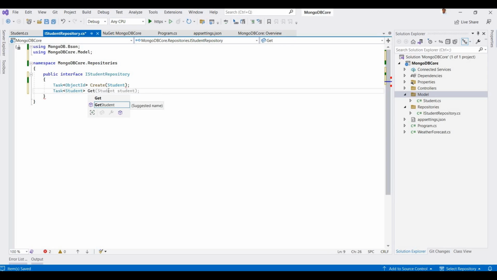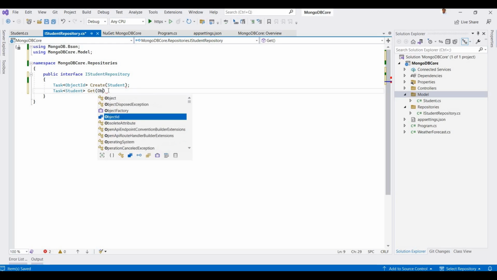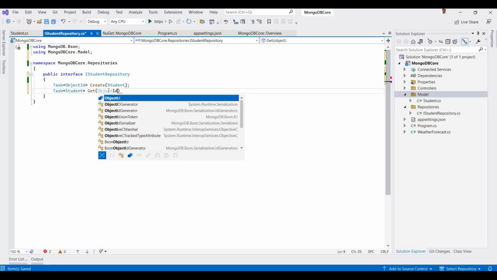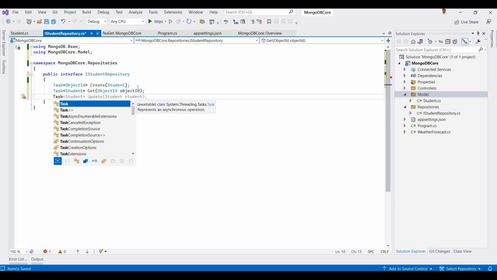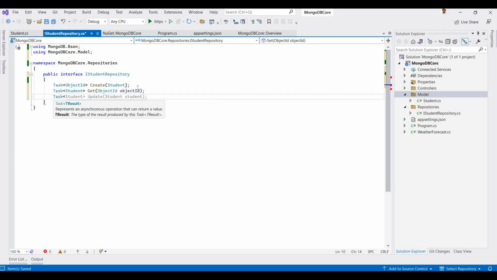Then it's like a getting method, a get by object ID, and then it's task for